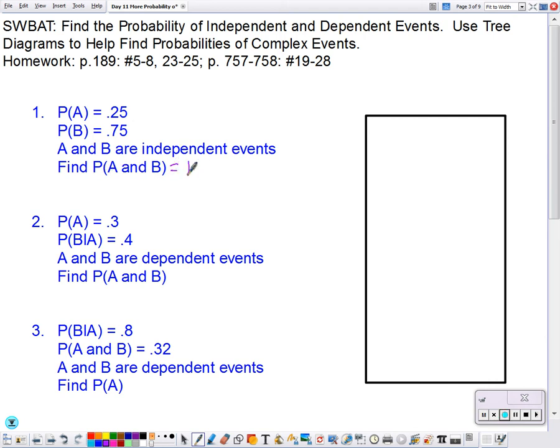So first A has to occur, and then B has to occur. So I'm just going to multiply them together, 0.25 times 0.75, and I get